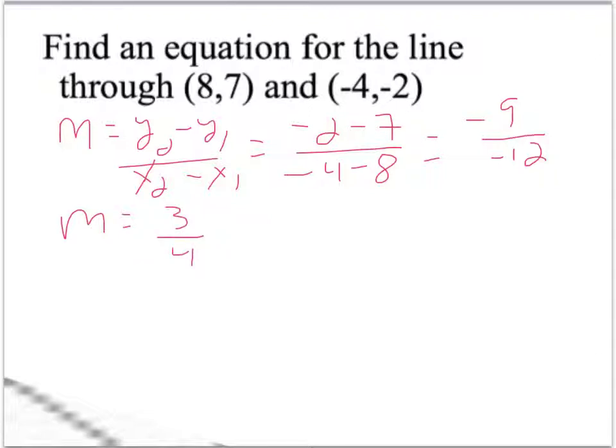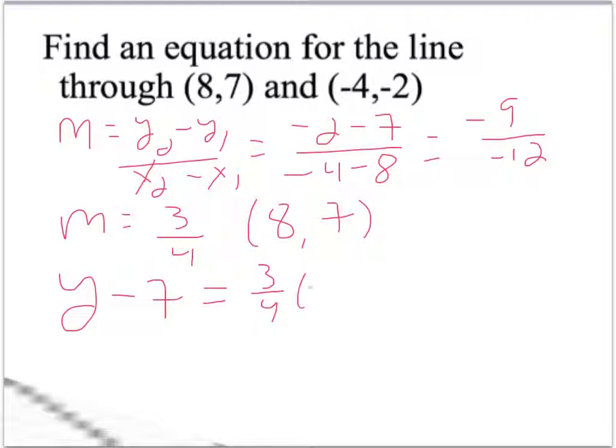Now I'm going to pick my most positive point. That would be 8, 7, instead of negative 4, negative 2. But you could use either one, it would still work. You plug it in, y minus 7 is equal to 3/4 times x minus 8. I plug this into the y minus y1 equals m times x minus x1